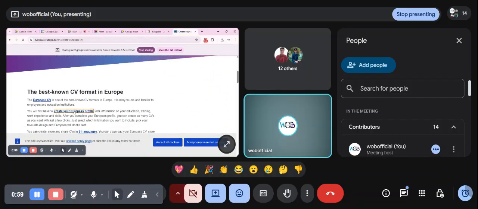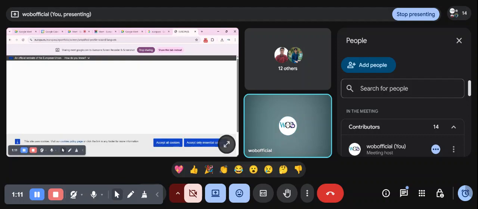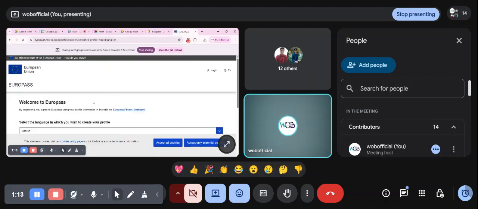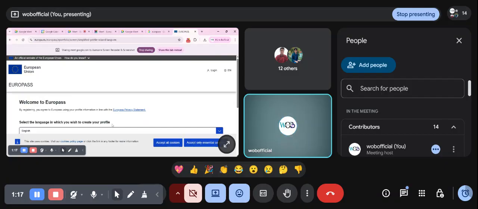Yes, create your Europass. Create your CV.